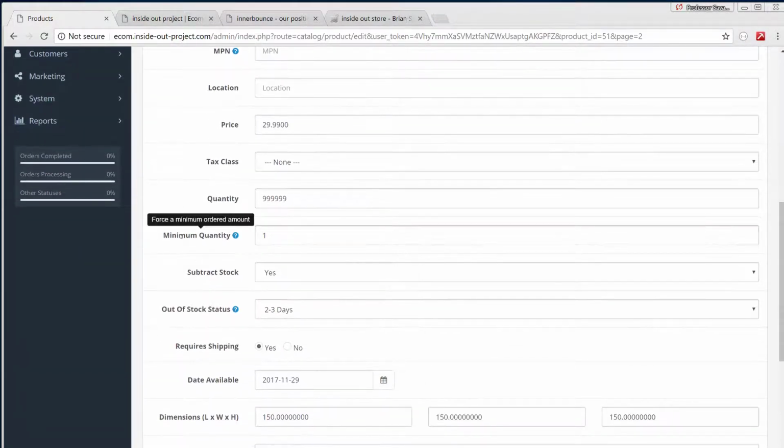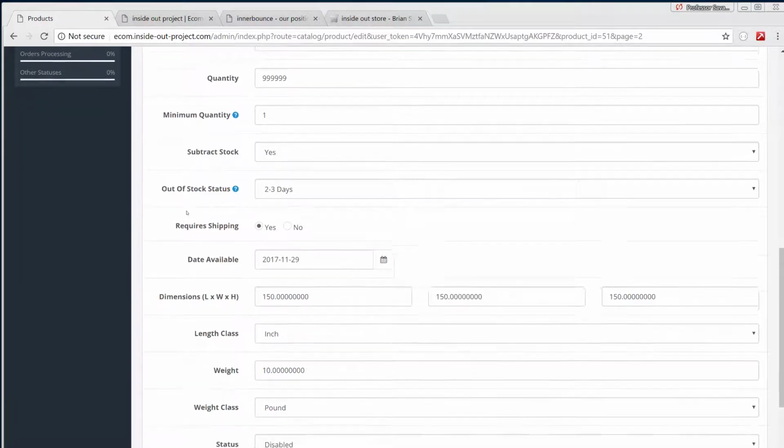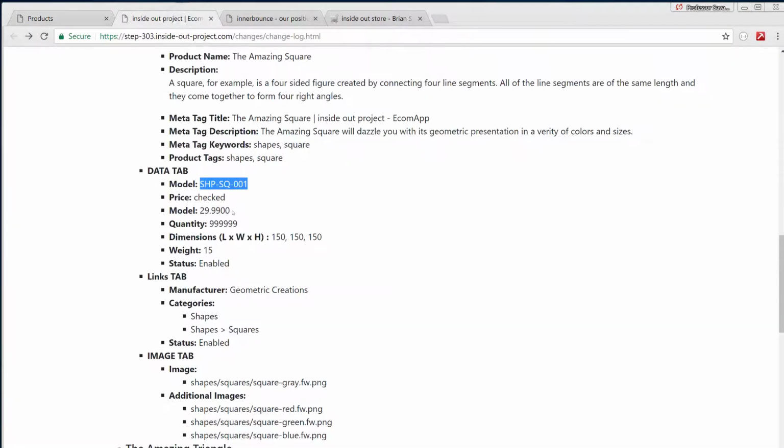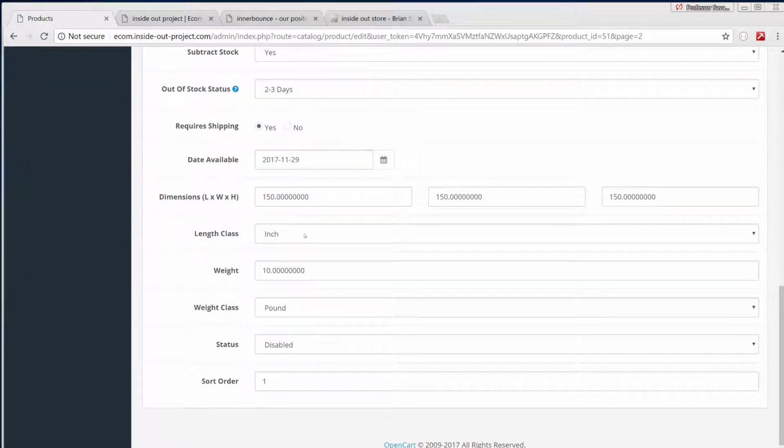We're going to come down. Yes, there's all kinds of things to be filled out, but in this case, we only need what we've already filled out, and there's only a couple of variations. The weight is 15, and everything else is the same. So we're just going to change the weight,